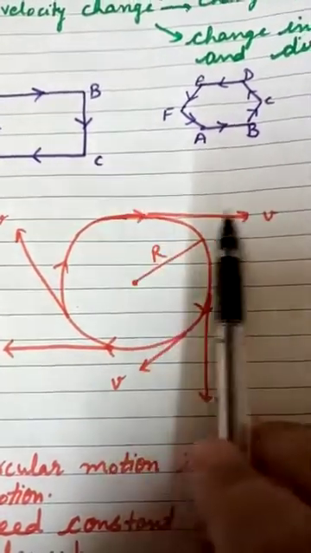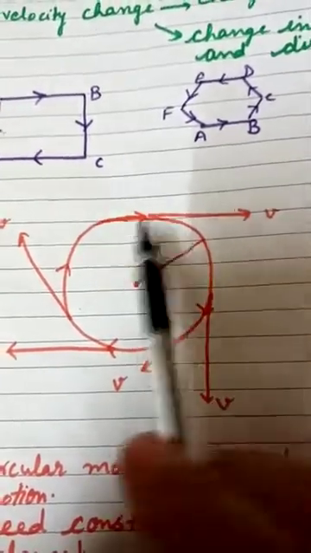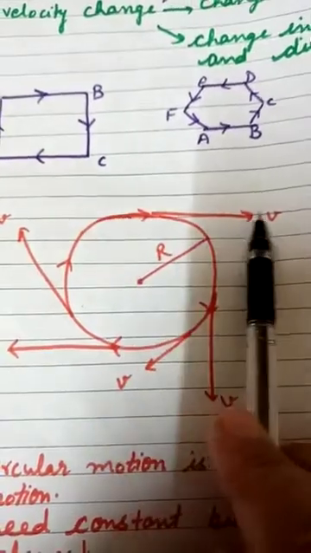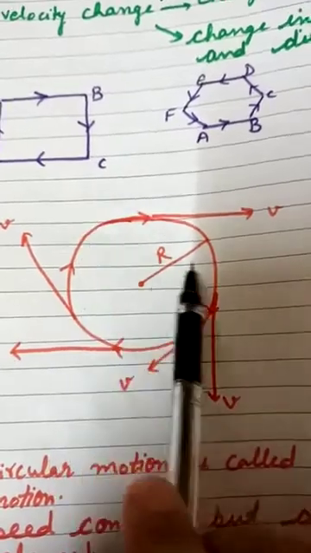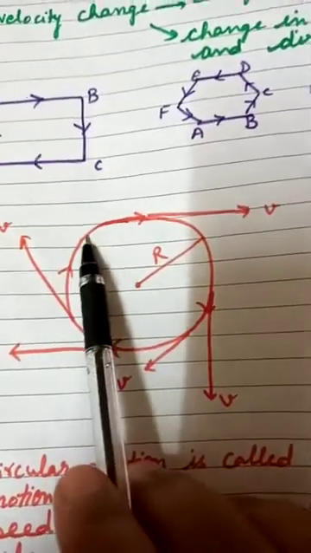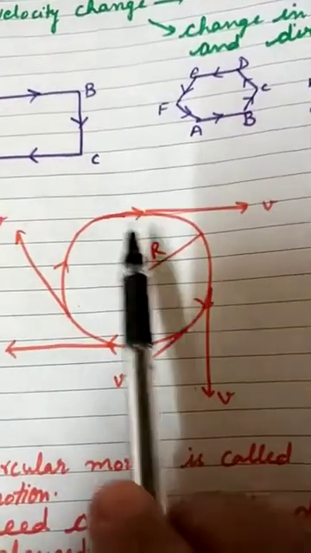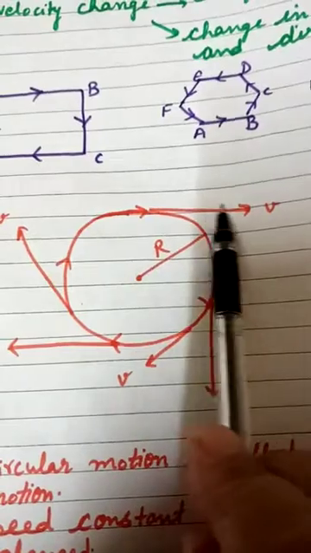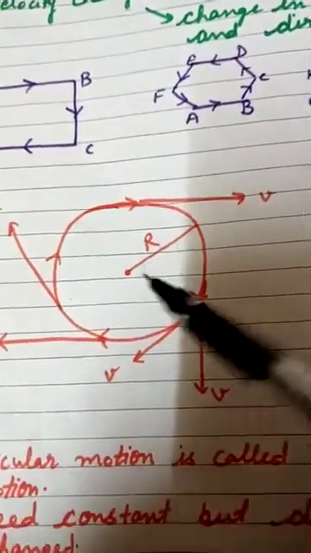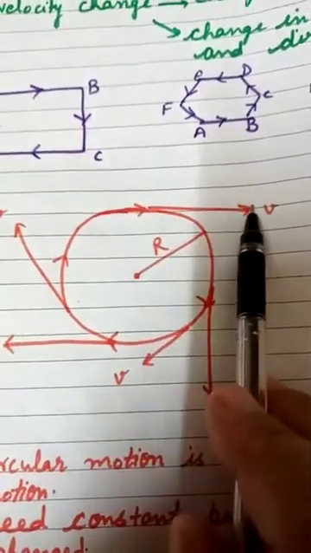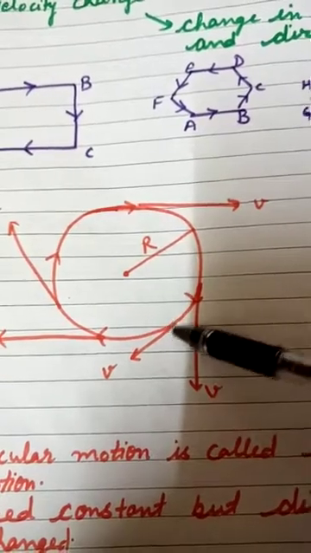Here we have drawn the tangent. Now what is a tangent? A line which touches a circle at only one point. If we draw a line like this, from here to here, that is not a tangent, because the line touches the circle 2 times, one here and one here. Tangent is when the line touches the circle only once. This is the tangent. So this is the path of the changed velocity at this point.